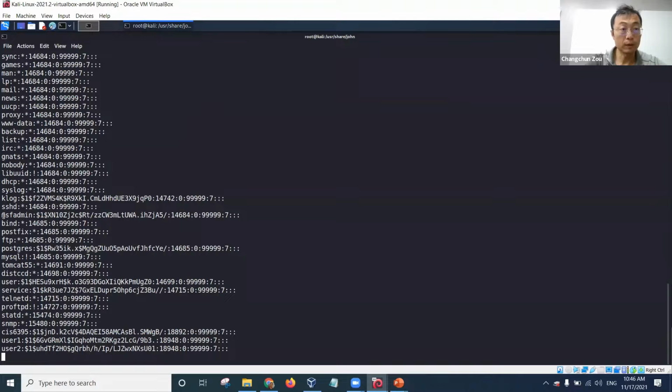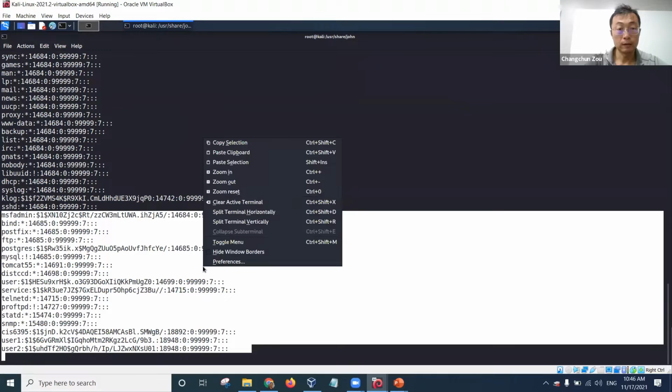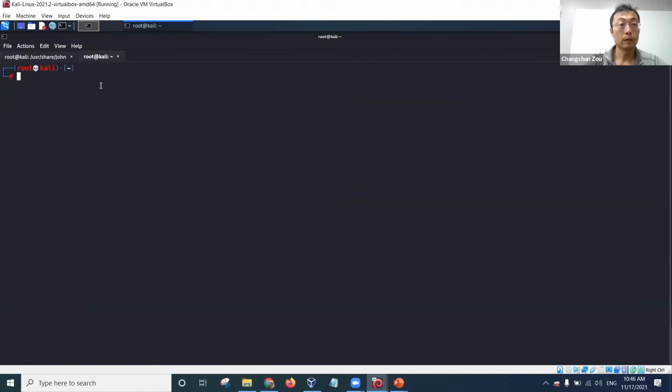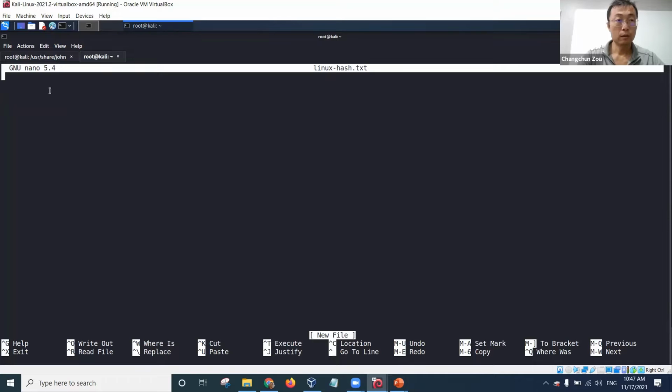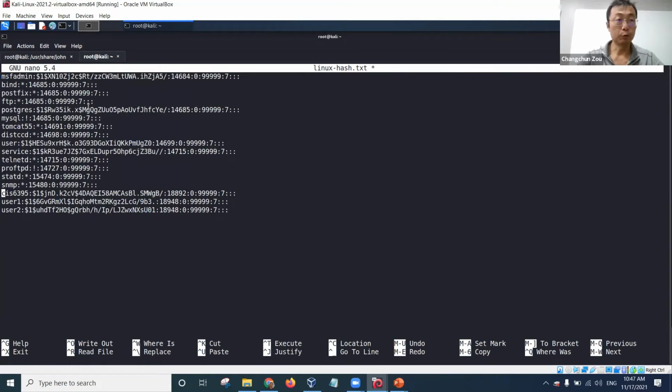MSF admin. Suppose I want to copy this text down. Copy selection, then Linux hash. So I copy this text, the hash value, into the text file. And then I remove all unrelated accounts, like